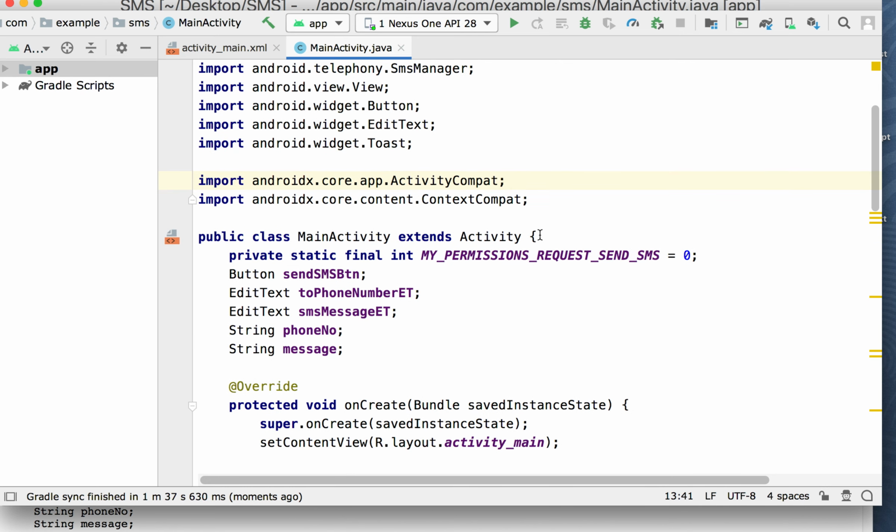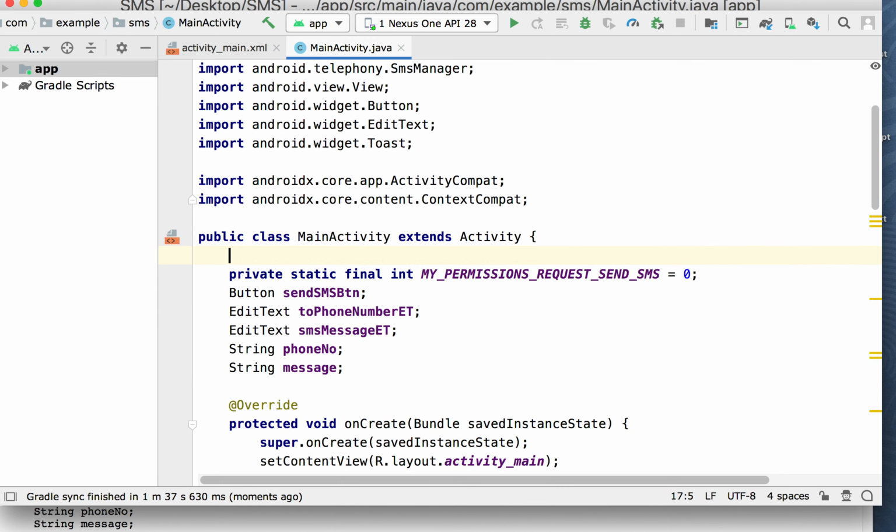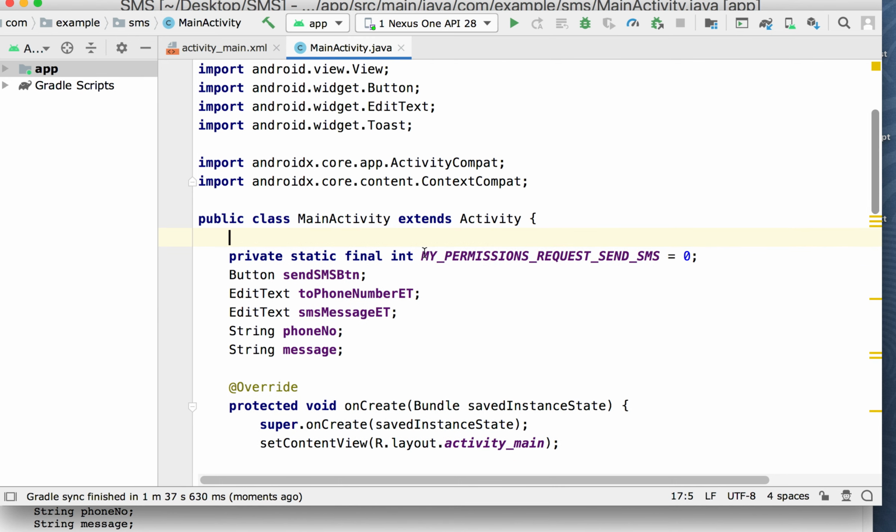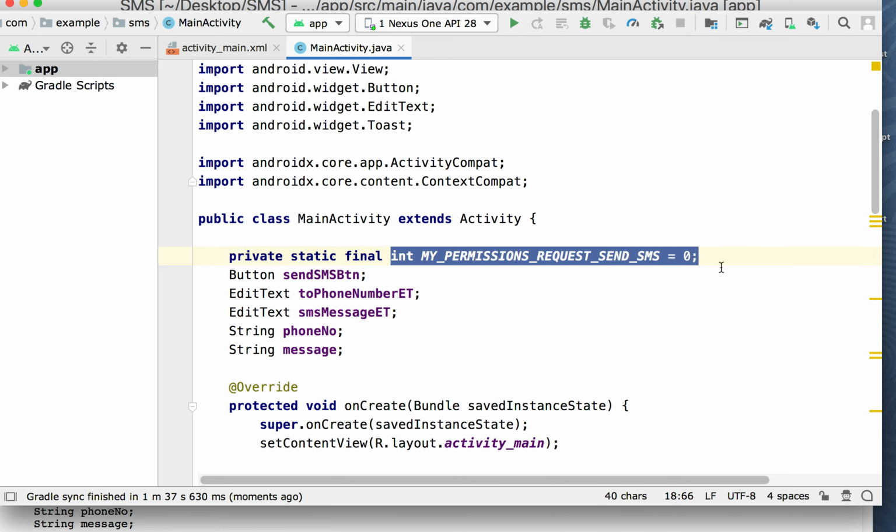Let me just go through the code. All right, so we have a main activity that extends activity. We got that part. So here's just an integer, my permissions request, which means we're going to set an integer value to 0. It's a class level one, not an instance one. It's just a placeholder because we're going to have, I guess we could have just put the number 0 down below. We're going to keep track of how many requests we have. If we've never requested to use the SMS services, we might need to turn it on the phone. And we might need to ask for the phone privileges so that our app can use the